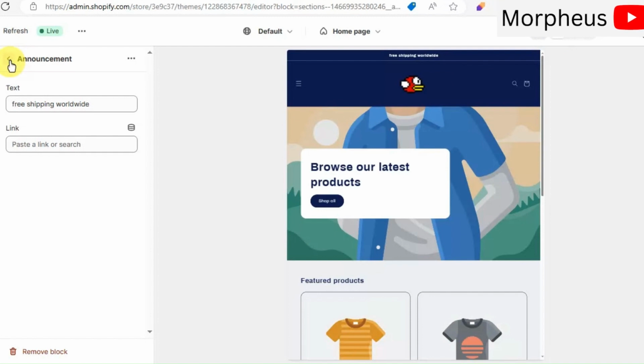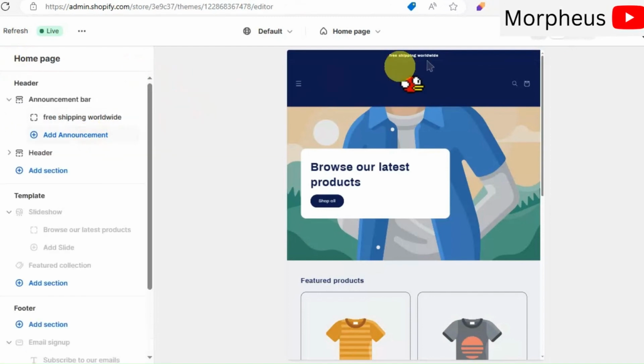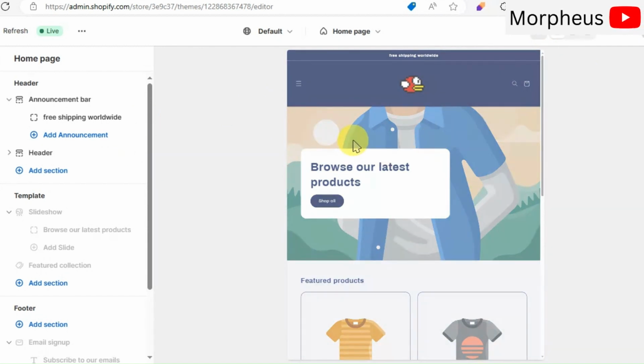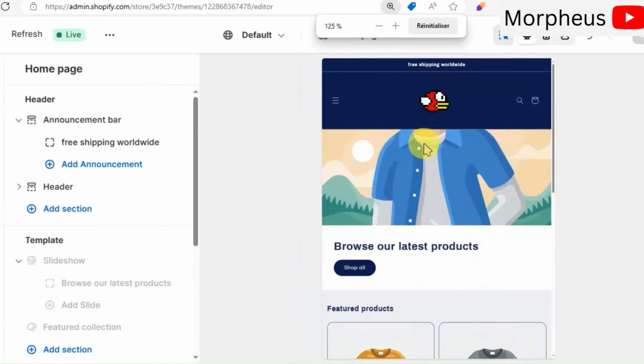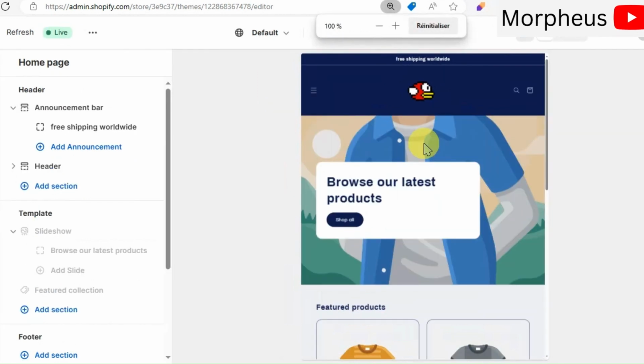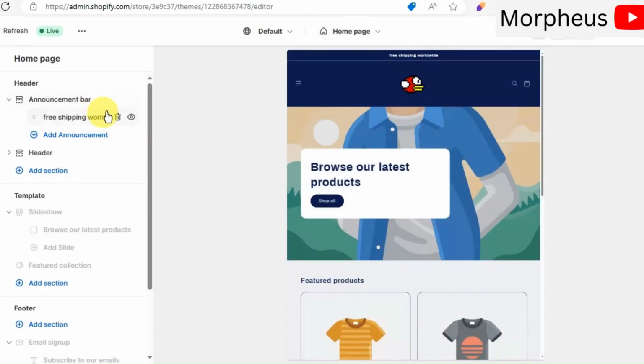Yeah, these are all great examples and promotions that can really help you to increase your sales in your store. And like I said before, people love free stuff. Remember that. You can also remove the announcement bar if you want to, but I don't recommend that.